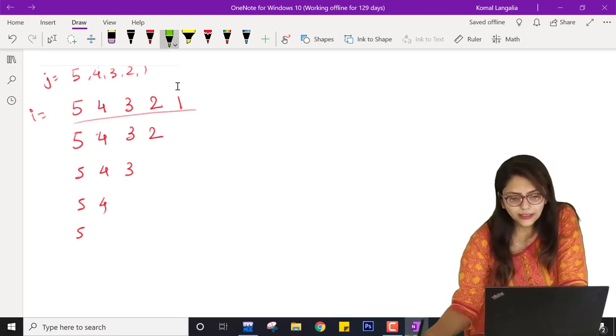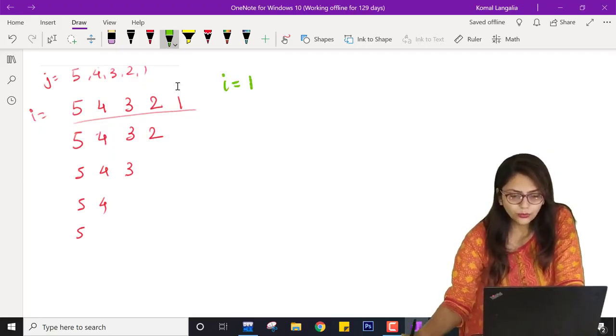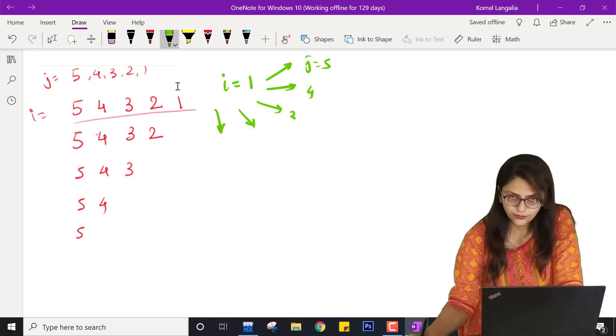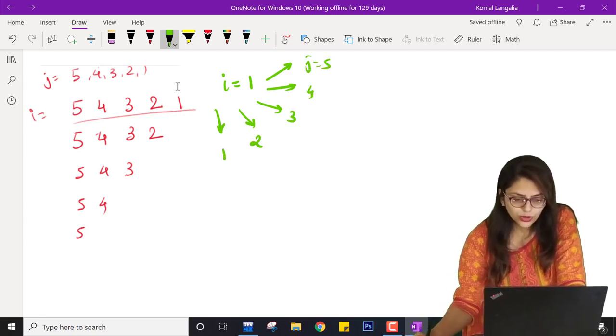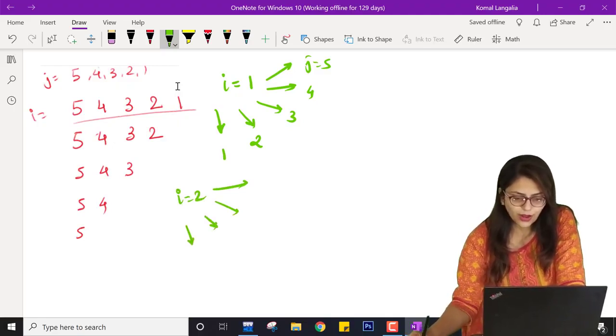So if I am starting i with 1, for i equal to 1 the loop is running for 5 times and j's value will be 5, 4, 3, 2 and 1. For i equal to 2, the loop is running for 4 times and j's value will be 5, 4, 3, 2.